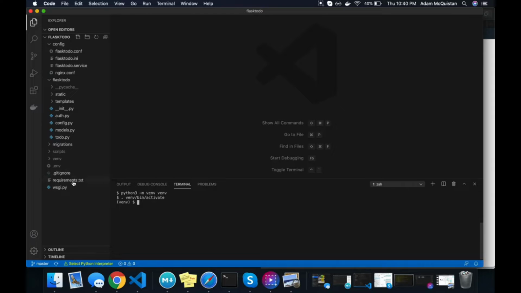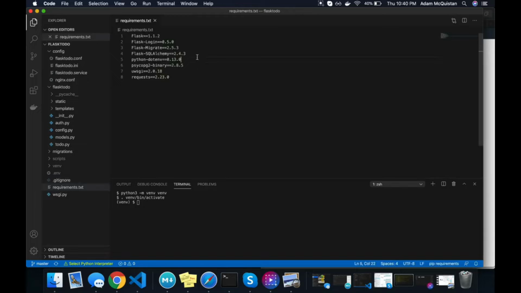I have a set of requirements in a requirements text file, which are Flask, Flask-Login, Flask-Migrate, and SQLAlchemy, which work together to give us our data access layer, and python-dotenv for reading in a .env file full of environment variables,